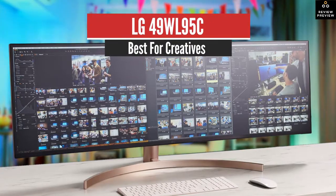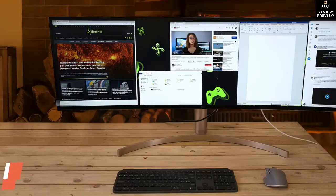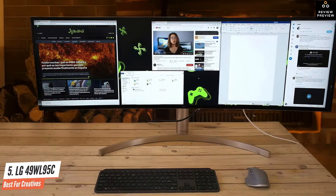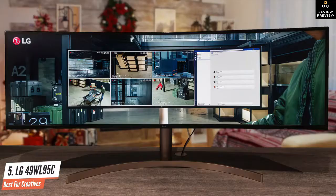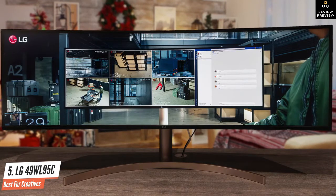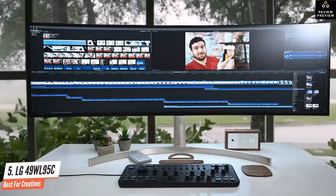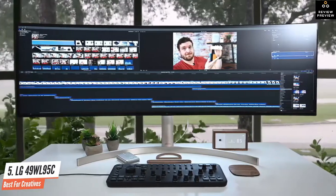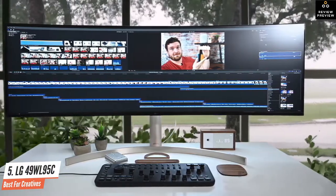Number 5. LG 49WL95C. Best for creatives. First off, we have an amazing monitor from LG, and this is something quite extraordinary, the LG 49WL95C. This monitor is one of the hugest ones I've ever seen, with a 49-inch panel size with a 32:9 ultra-wide aspect ratio that's very interesting to see. It has tons of features, a high-quality body, and so much more going on with it. It's a bit expensive, but you essentially get 3 monitors here, so if you require 3 monitors, this is a